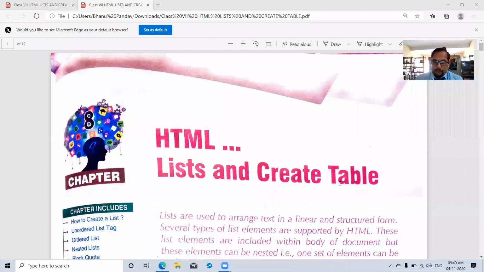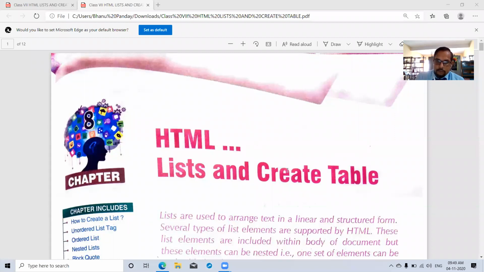In HTML we have two kinds of tag. One is opening tag and second one is closing tag. Means if a tag which have both open tag and closing tag, that type of tag is known as paired tag. P-A-I-R-E-D, paired tag. And a tag which have only opening tag, that time closing tag is missing. So this type of tag is known as unpaired tag, means empty tag, like this. So this is the introduction about the HTML.